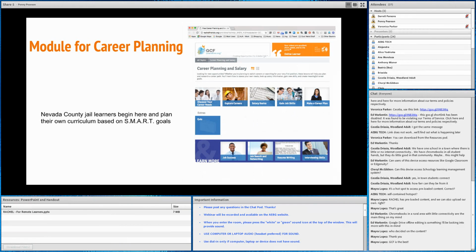So when Julie at Nevada County Jail was looking at, okay, how can I get my guys involved? Because this isn't just a matter of dealing with individuals that need one specific skill set. There were lots. Some of them didn't have their high school diploma. Some of them had their own issues, whether it was emotional or even physical. Of what were they doing here? How were they going to get out? What were they going to do when they got out?